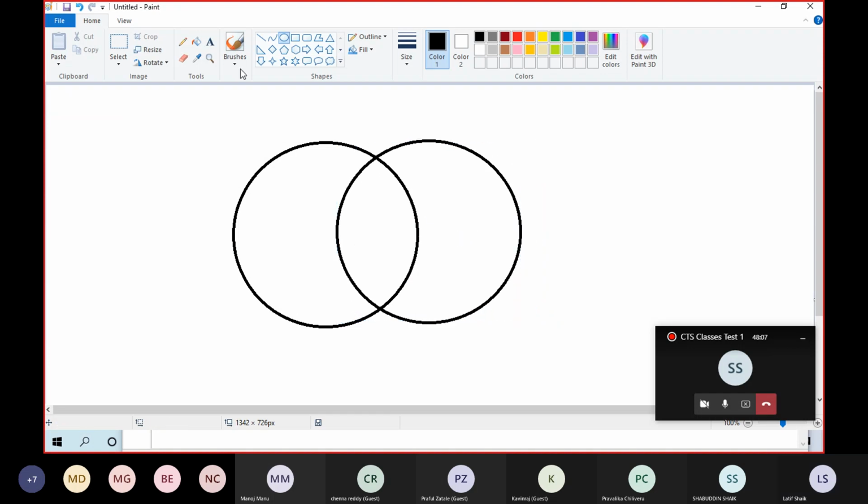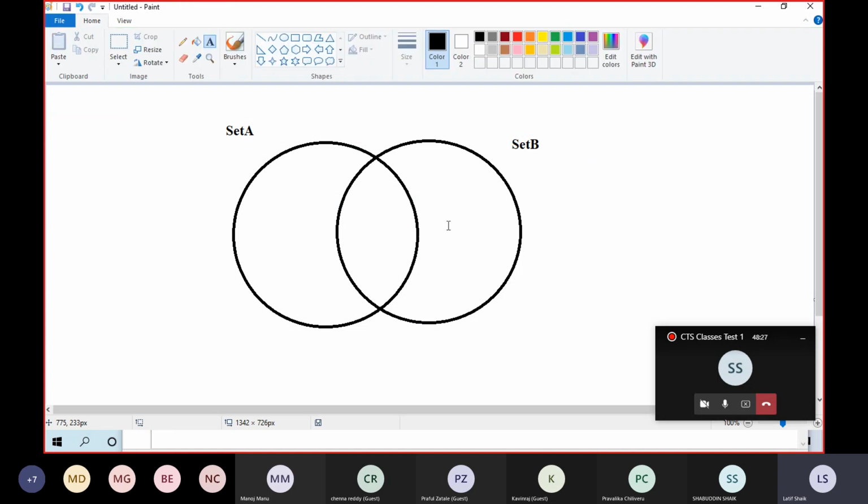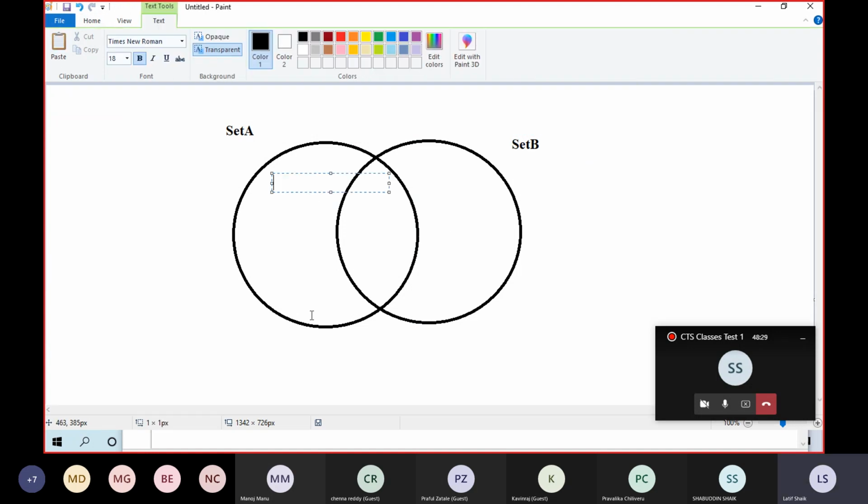I put the name of the set as set A and set B. Okay, set A and set B. And I start giving the values of set A like this.